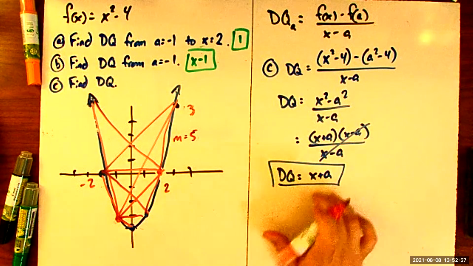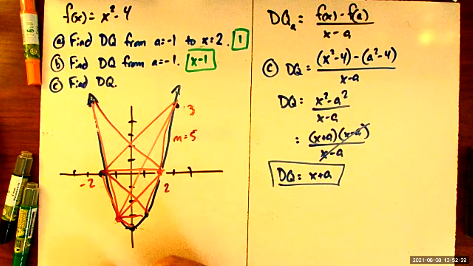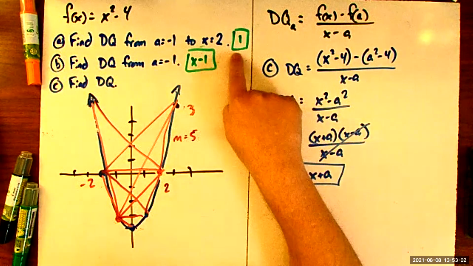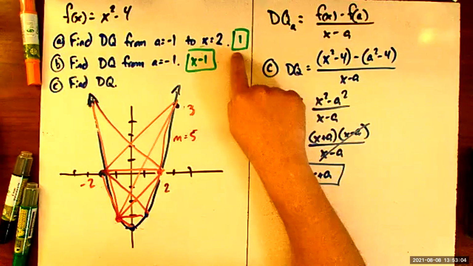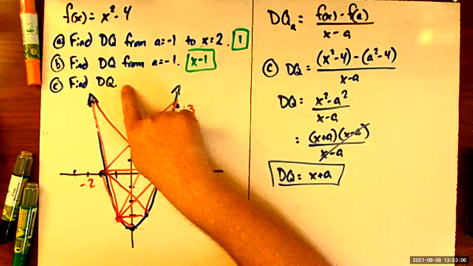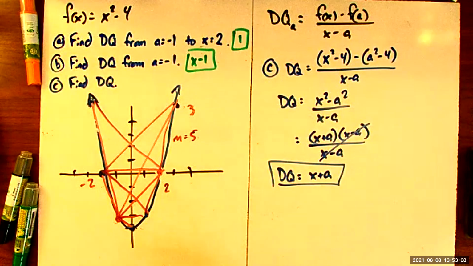And that's the power of this one. Basically, we've gone from the most specific idea of we know what both values are to the most abstract. And so with this most abstract one, we can find the slope connecting any 2 points on this curve. And it does not matter where those 2 points are, we can figure out what the slope of the secant